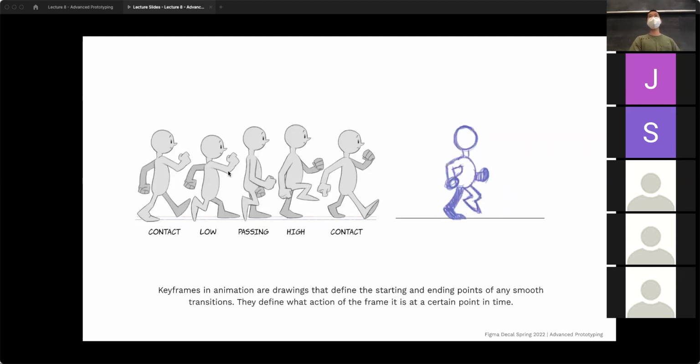This is how you would understand a walk cycle before you go into drawing all of the individual frames that are in between. This is how we understand walking. So it's got all of those key points, key frames that are critical in communicating basically what we want to